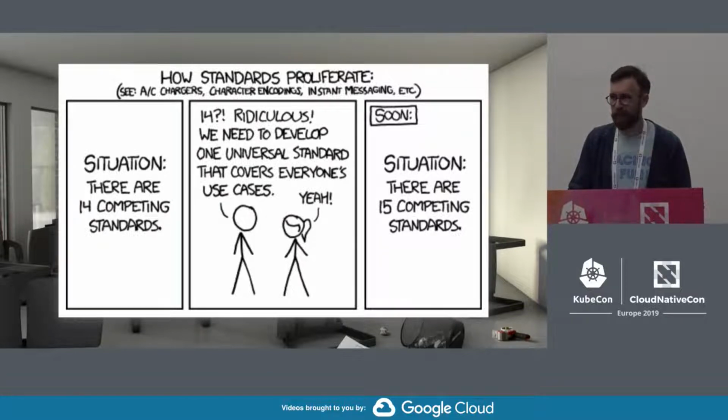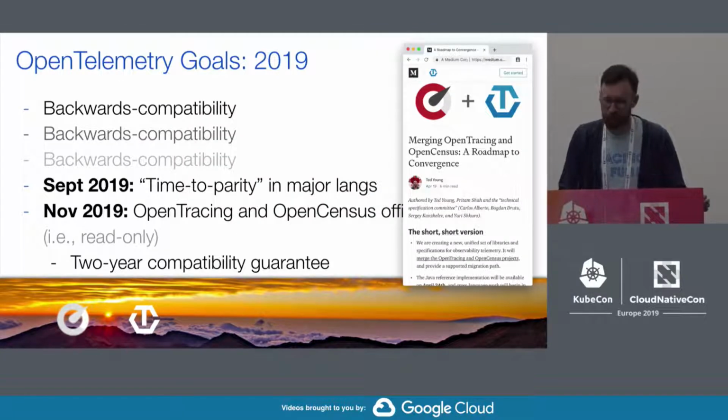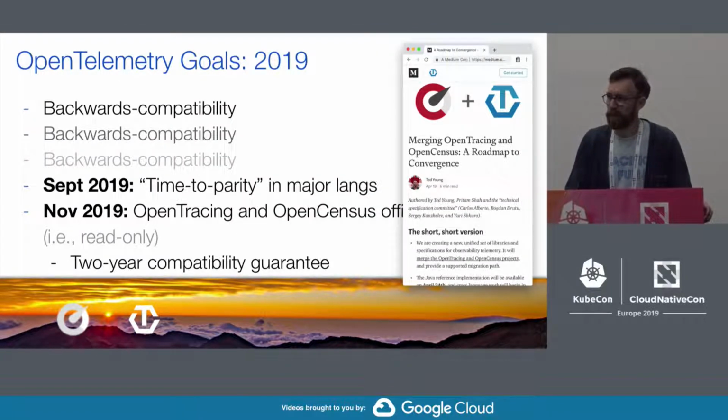We're actually throwing out all of our hopes and dreams, squashing them under our feet, and creating a project that is solely focused on backwards compatibility, which is the least sexy thing to make your main design goal, but that's kind of the main design goal. The goals for the year are to make this backwards compatible. The way to avoid the standards issue from the XKCD cartoon is to have some kind of demonstrated enforceable technical backwards compatibility, and that's the main focus for OpenTelemetry until we've achieved